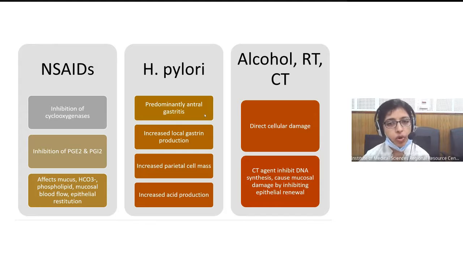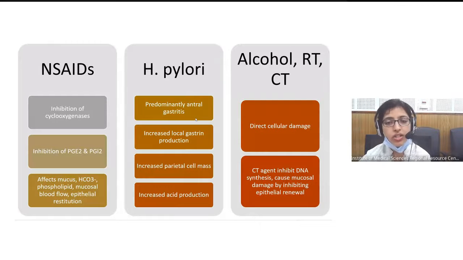Now, an important point I want to emphasize here is that Helicobacter pylori infection, when persistent, may progress from the antrum into the body region. It can also extend to involve the body region of the stomach. And when the body and the fundus are involved, then the gastric mucosa undergoes atrophy. Then there is loss of the gastric glands. When there is loss of the glands, there is also loss of the parietal cells. But this loss is patchy. Some of the cells still persist and they can secrete acid, but it is not a really significant increase in acid production as is seen when there is antral-predominant gastritis.